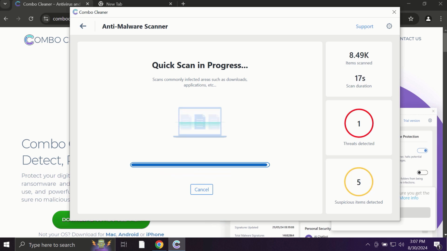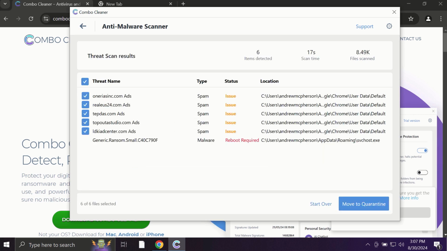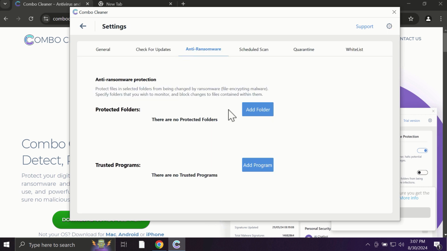Finally, at the end of the scanning, you will see the full summary of all the infections which were found on your system. Based on the summary of threats, you'll be able to know the information about the locations of threats. Some threats can be removed manually, but definitely I recommend you to consider upgrading to the premium license. With a premium license, for instance, there is an excellent anti-ransomware feature which helps to always keep your data protected. You can add certain folders on your system, and the contents of these folders will be always under the protection